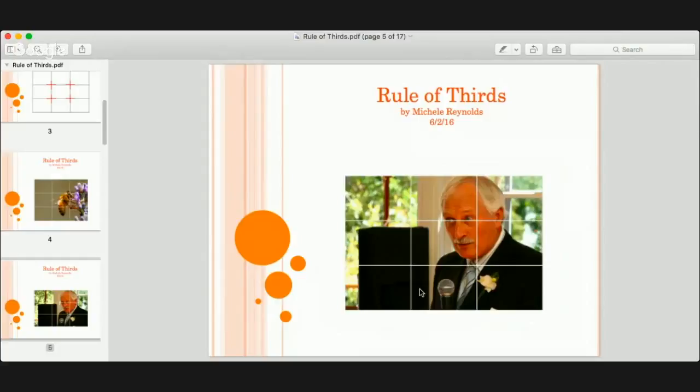His eyes are the main one. You're drawn to his eyes, and then you're drawn to his tie next, and the flower third. And some of them might be flower second, tie third. So those are where your eyes naturally look, and you can see how he's kind of off to the right